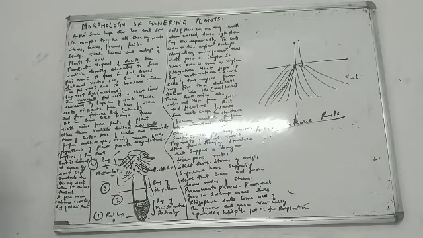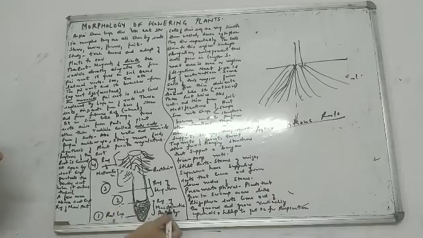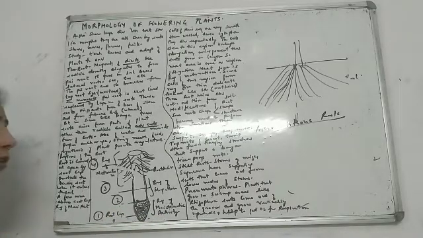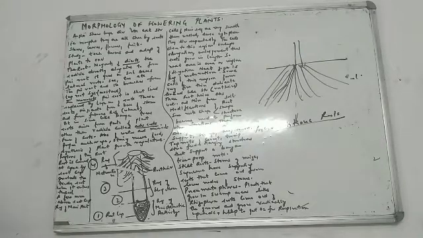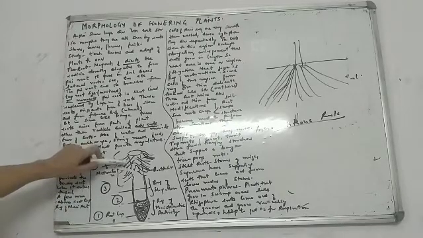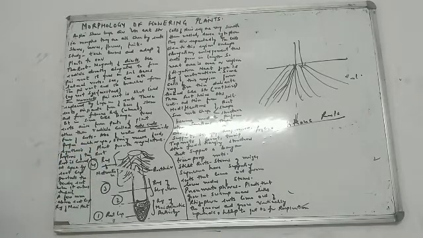So what was the lowest one? Number 1, we had the root cap. Just above the root cap, number 2, region of meristematic activity, where we had meristematic cells which divide very soon. Then third was the region of elongation, where we had cells which become elongated and increase the length of the root. And followed by region of elongation is the region of maturation, where some cells, when they become mature, convert into fine thread-like structures which are known as root hairs. It is these root hairs which will absorb water and minerals from the soil.